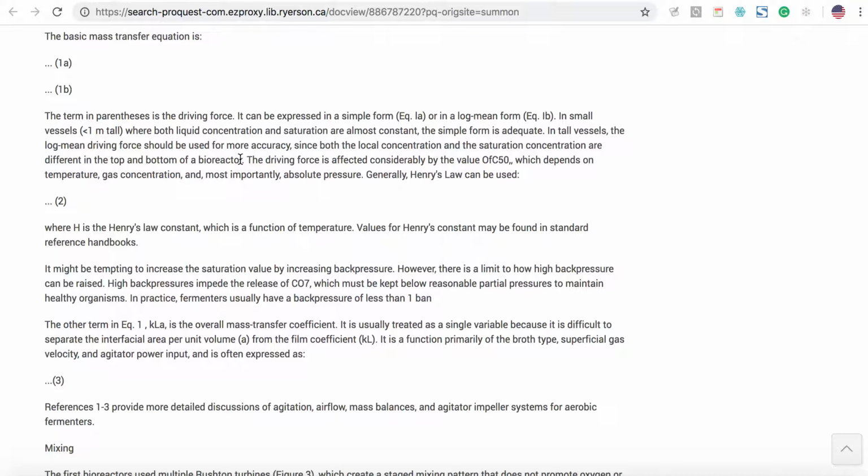It might be tempting to increase the saturation value by increasing the back pressure. However, there is a limit to how high back pressure can be raised. The